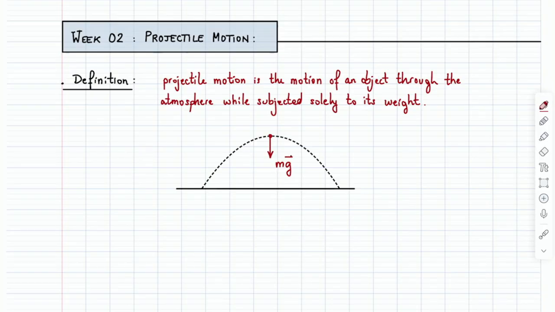Okay? And what dictates how far the object goes, how much time it spends in the air, the height that it reaches is the launch velocity, v0, and the launch angle, theta. In other words, after the object has been launched from this point, you can think of hitting a golf ball. It will travel like this through the air, right? And we neglect air resistance, let's say.